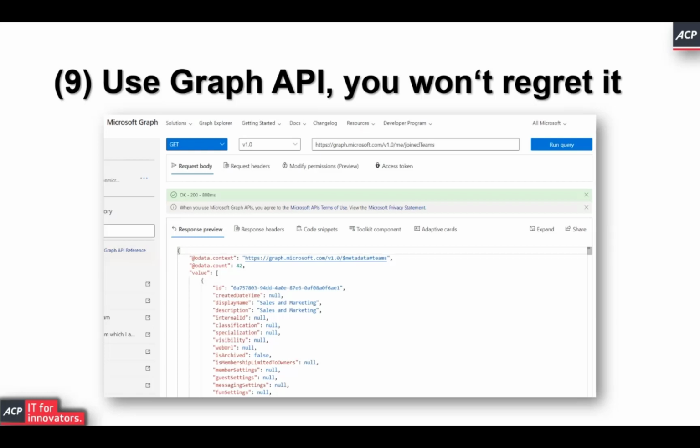Just one word of warning, if you're trying this for the first time, and particularly if you have some level of admin privileges, make sure that you run the queries in here, the first ones, mostly with the get activity, because that doesn't destroy anything or can't change anything in the tenant, but just gives you information. Anything else such as update, patch, or in particular delete will, of course, have impact on your actual tenant. So make sure you use this with care.